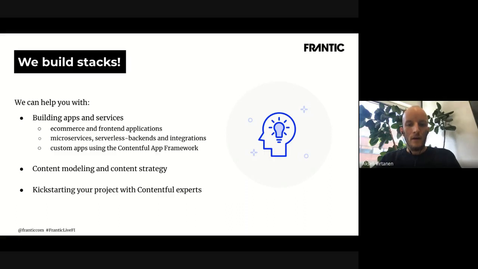And then relevant to our presentation today, obviously we can also create custom apps using the brand new Contentful App Framework for targeted integration needs and other customizations that a company might need with their Contentful platform. And continuing with the content team, we also provide expertise in content modeling and content strategy that we feel is extremely important,